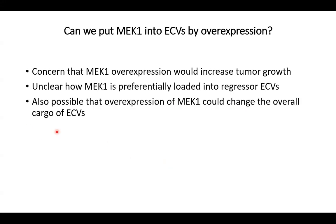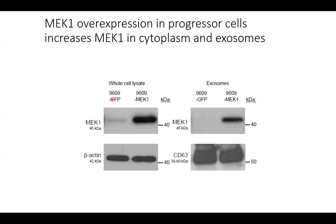And so we wanted to now test the role of MEK1 in exosomes. And so we decided to overexpress MEK1 to try to get it into exosomes. And we knew that there were issues with this, because if you overexpress MEK1, potentially you would increase tumor growth. But we did it anyway, because we really wanted to have a system where we could have a progressor cell that was overexpressing MEK1, and that allowed it to express MEK1 in its exosomes. And so that's what we generated, a progressor cell that had MEK1 overexpressed so that it extended to the